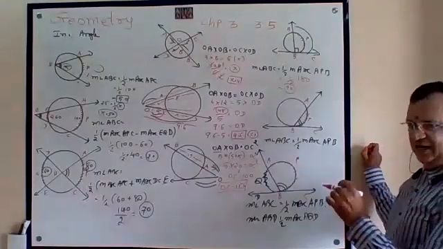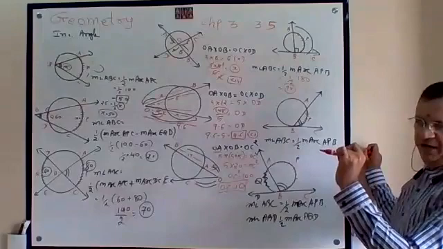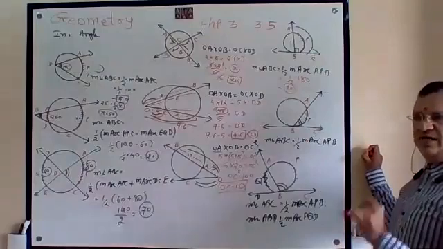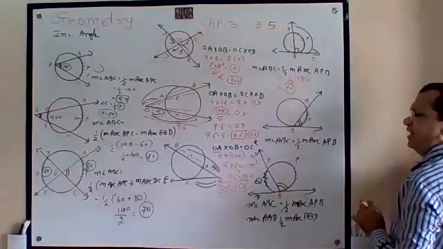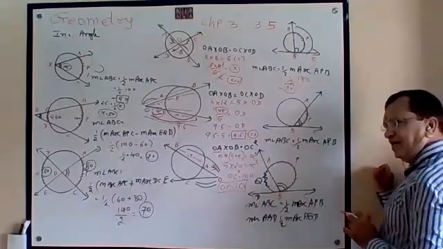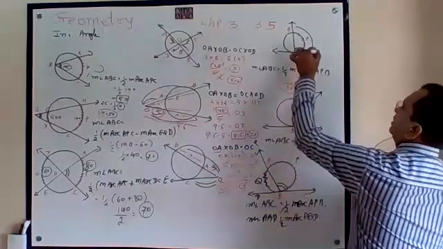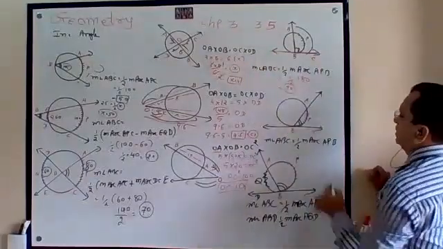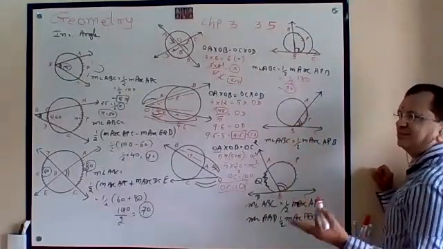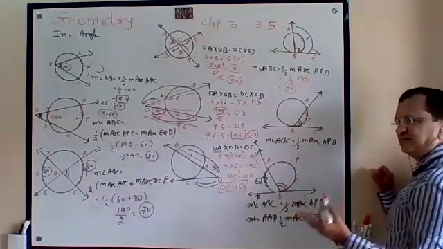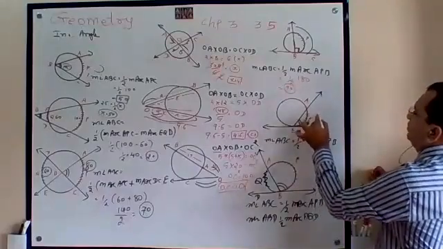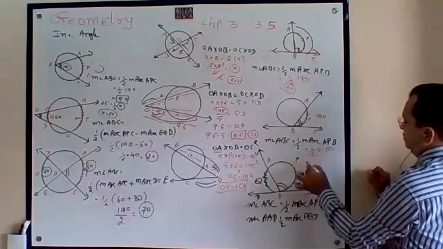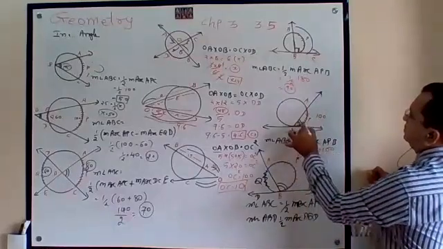When one tangent is there and from a common point, if you will join with the center, always it is 90 degree. That is known as tangent radii perpendicular theorem. Again, tangent radii perpendicular theorem. Now the arc is less than semicircle. Arc is less than 180. Suppose it is 100. So half of 100, this is 50 degrees.